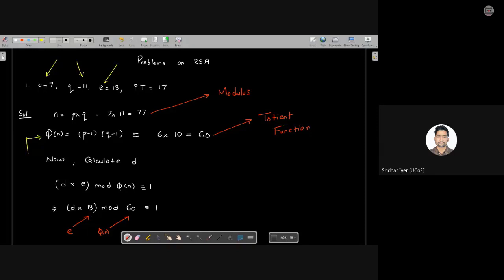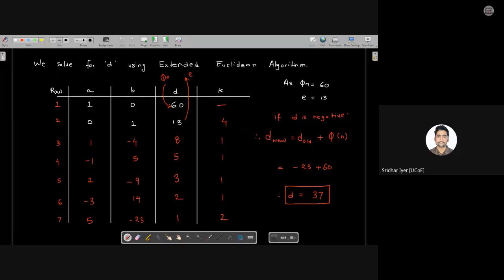Am I clear? Yes or no? Fine. We saw how to do this in the last lecture. Next, there is one technique, which is the extended Euclidean algorithm. We saw how to create this table. Any more confusions with this table so far? If anyone wants to clarify any doubt regarding this table, kindly let me know. We'll solve problems based on this table today, so don't worry, we'll revise everything once again. Am I clear till now? Can we move ahead?